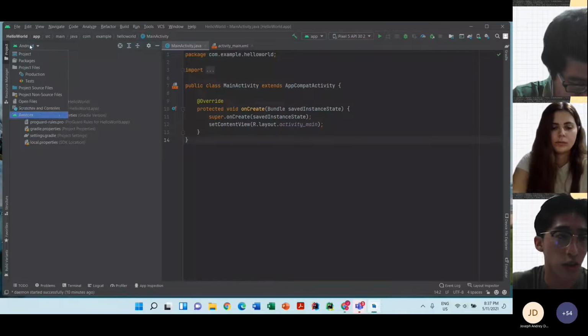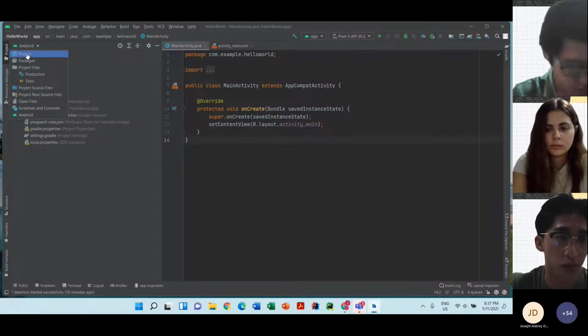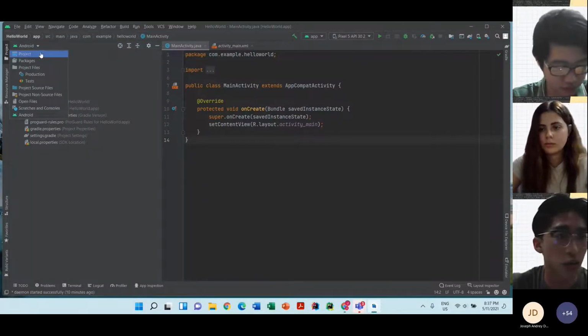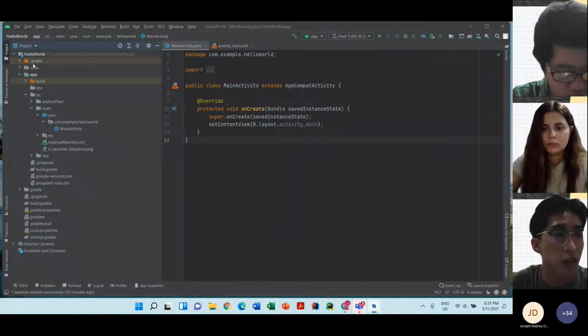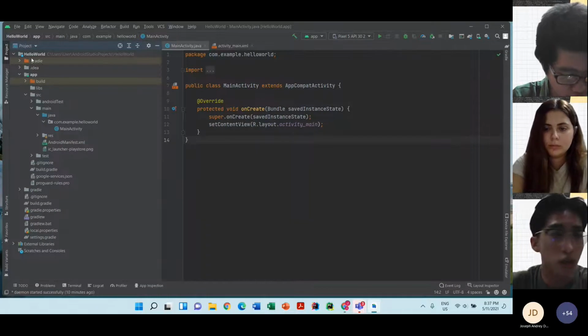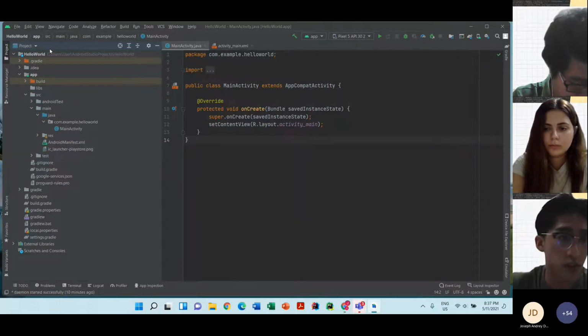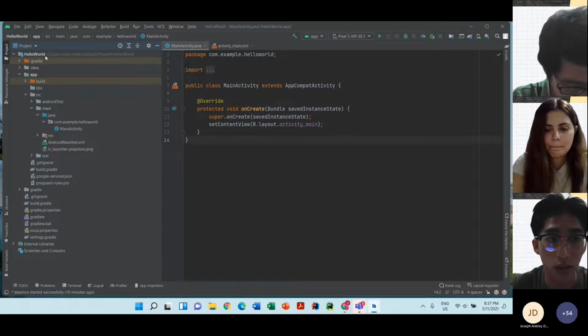We can choose the Android view, or the project view. Right now I will show you the project view first. These project options show the structure of the files on your system, like the Hello World project you just created, so you see the whole structure.